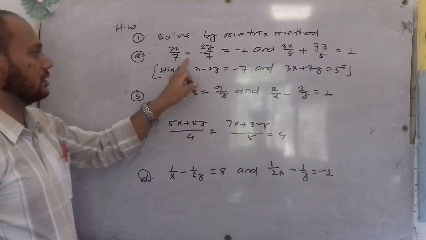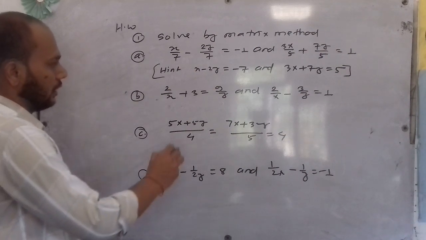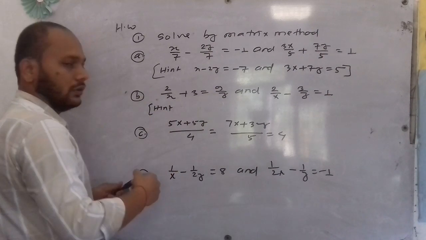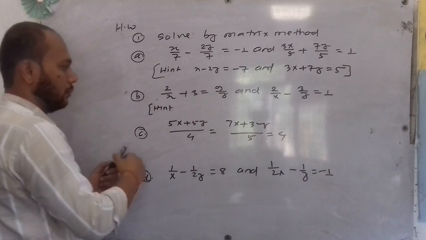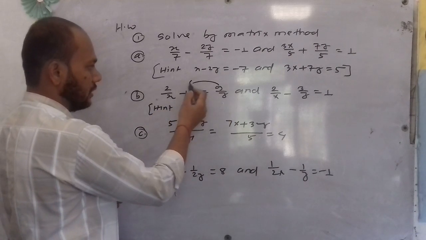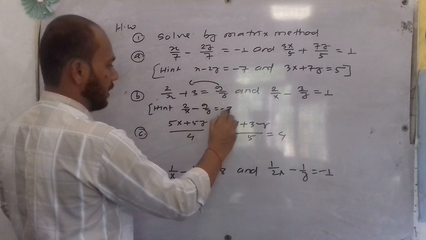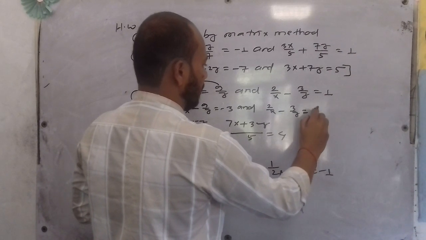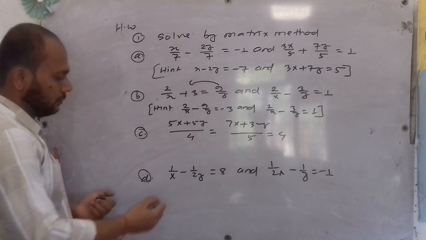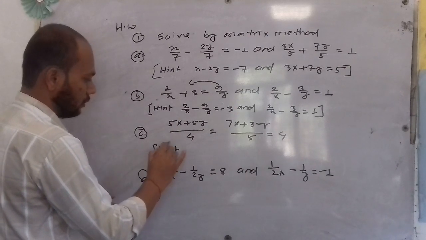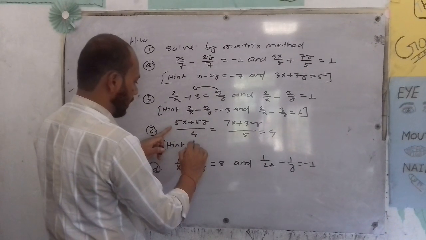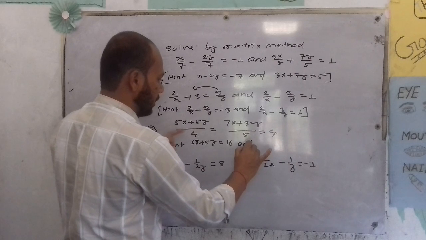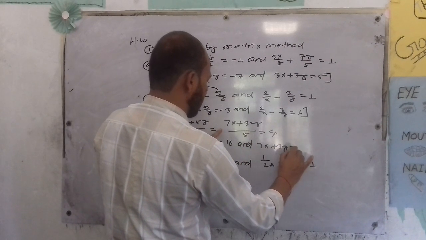First you should take the LCM in these types of questions and then you solve. And in this, first you write the term which has variable 1 by x first, it is already written first, and you change the side, minus 9 by y is equal to minus 3, and from here it is already in the form, and now we solve. And in this equation, first we take first and last, then we have 5x plus 5y is equal to 4 4 is 16, and the other equation 7x plus 3y is equal to 24.